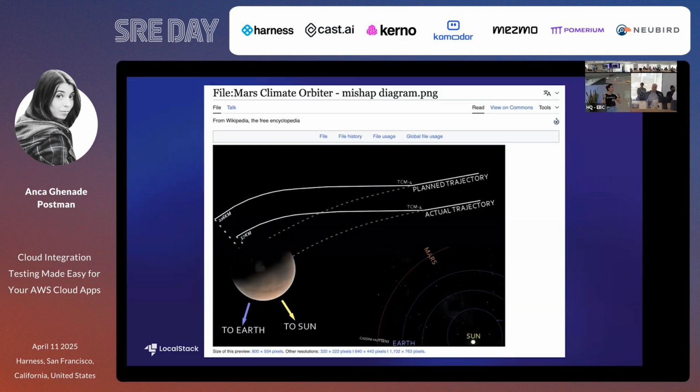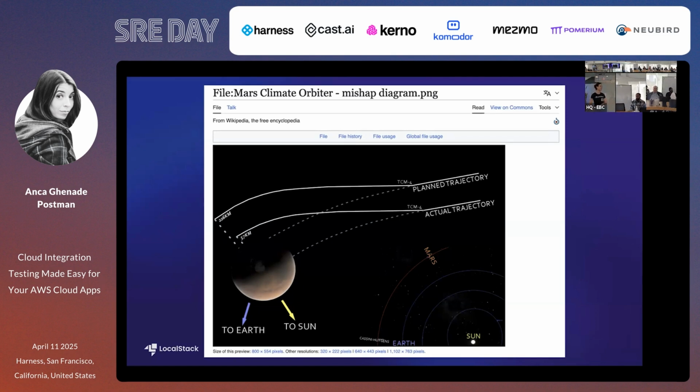It was supposed to enter a bit higher than planned. So when the probe approached, they had to do a course correction, and the probe had thrusters for that. And the problem was that there were two software components. One was developed by Lockheed Martin, and that one was using freedom units for the impulse of the thruster, which was pound-force seconds instead of newton-seconds, which was the unit expected by NASA. So obviously the calculations for the course correction were off by a factor of 4.45. And you can see from this diagram that instead of entering at 226 kilometers, it crashed, being so close to